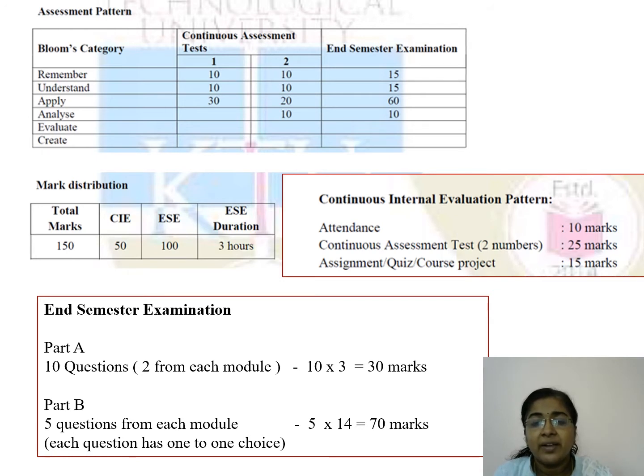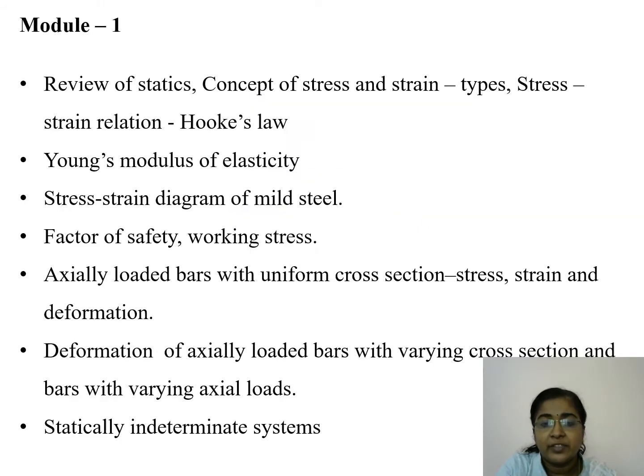And a continuous evaluation pattern that includes attendance for 10 marks, continuous assessment that is 25 marks, that includes 2 tests of 50 marks, and quiz, assignment or course project of 15 marks. Total 50 marks. And there are 5 modules, and the first module includes a review of statics, concept of stress,